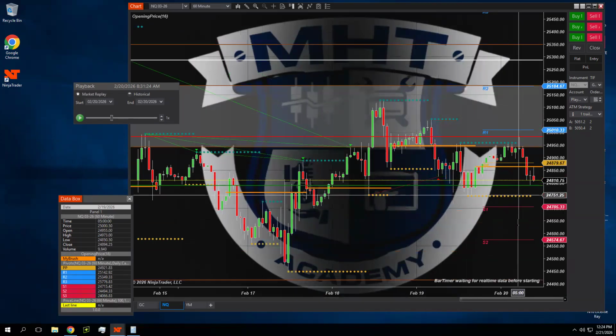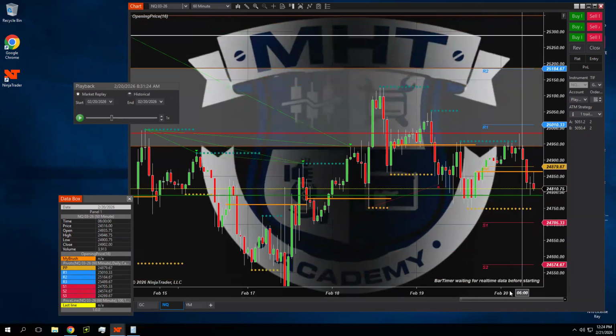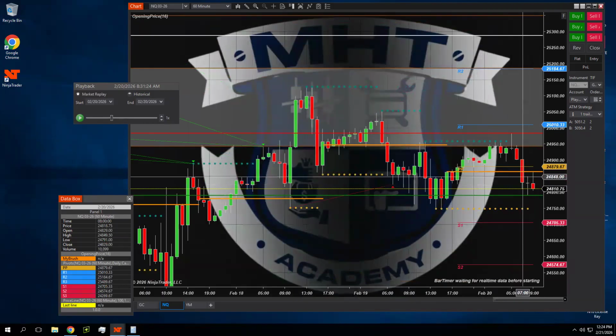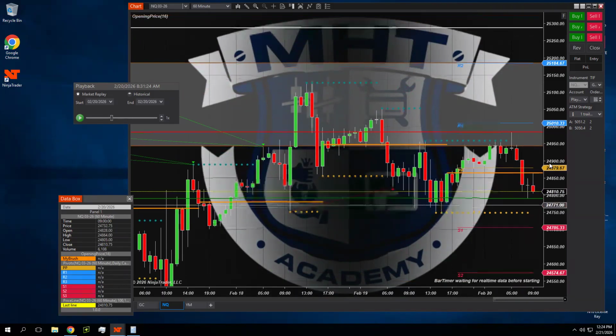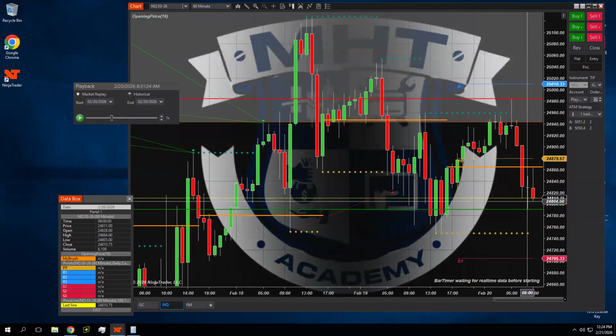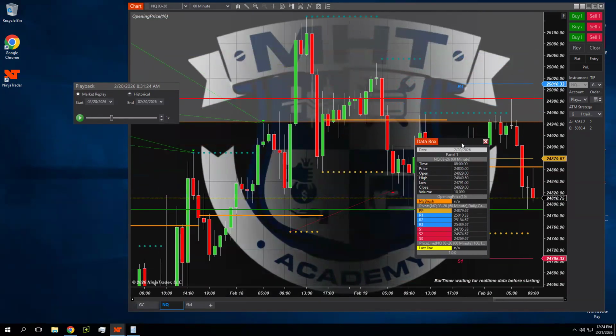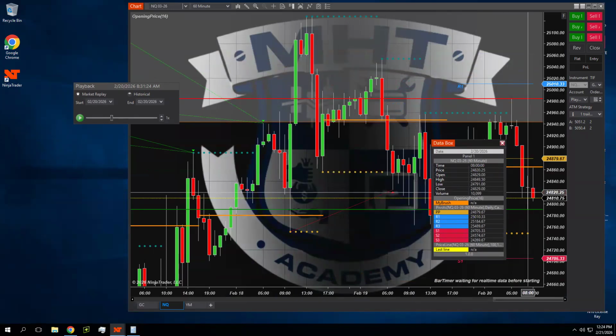All right, now we're on the 1 hour and we do the same thing. We start on the right and we just move left. Now you see it has 3 right here, but this one right here is a doji, right? To make sure it's a doji, you could hover over it. If you want to know where this one opens and closes, you see it opens at 829. It also closed at 829, so that's a doji. That is not a red or a green candle. That is a doji. So you want to count 3, but you can't because it's 1, 2, then it was